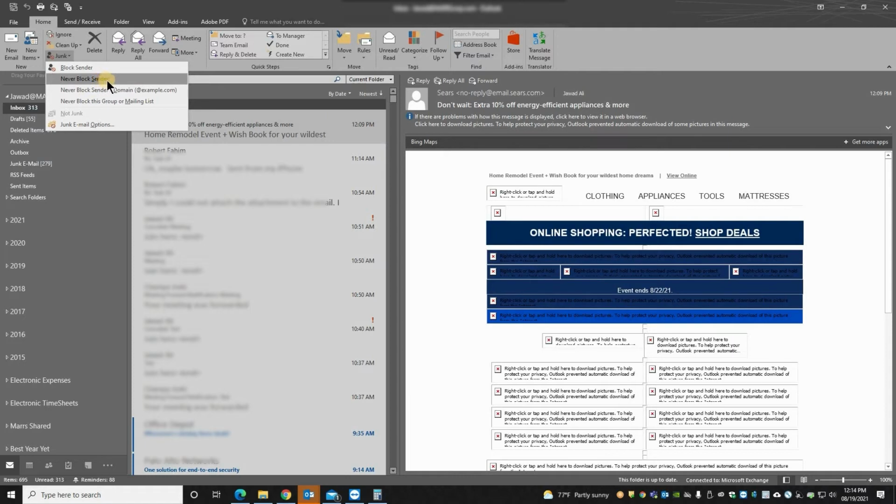And if I choose never block sender, moving forward I'm going to receive all the emails, everything with the links, whatever they are going to send me, in my inbox. If I want to allow any email address from a specific domain, which is email.sears.com, if I want to receive all email from this domain, then I need to choose this option, never block sender's domain. And here the last option